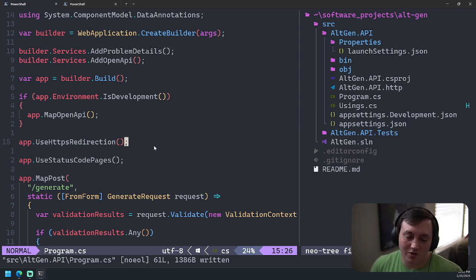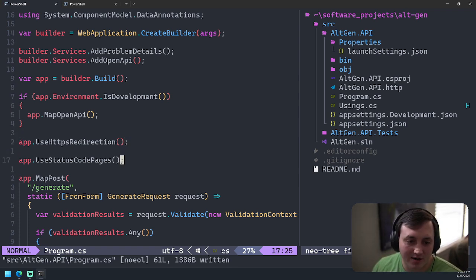Now, of course, there's always going to be exceptions that bubble up, and so I want to make sure that my API still gives a response when those unhandled exceptions occur. And so I like to use a global middleware to do this. And .NET provides this out of the box.